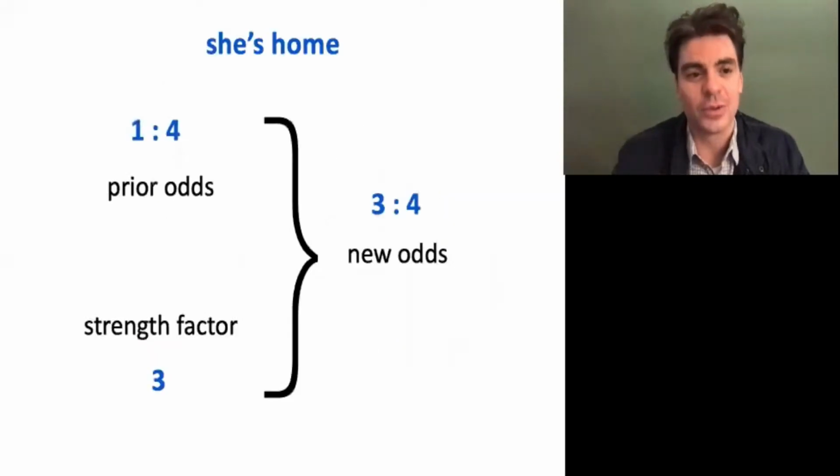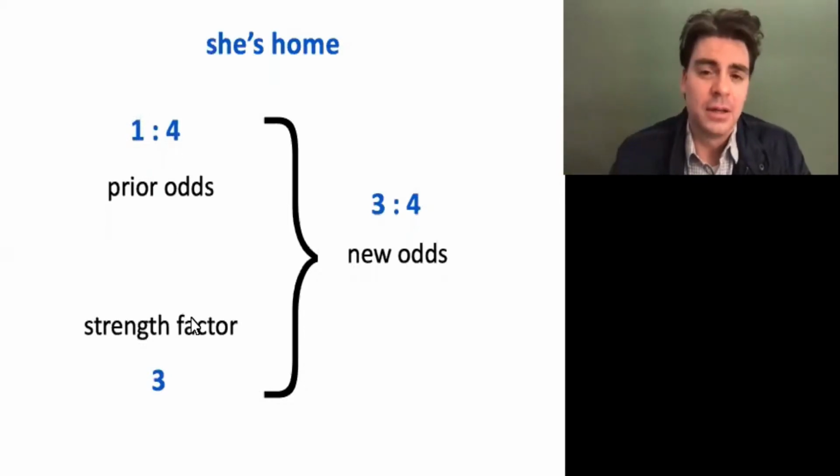So now we can convert. Before, we said the probability of her being home on a Tuesday is 1 in 5. We're going to say, no, for every 1 day she's home, there are 4 days she's not home. The way we're representing it, the odds is 1 to 4. And now we can just